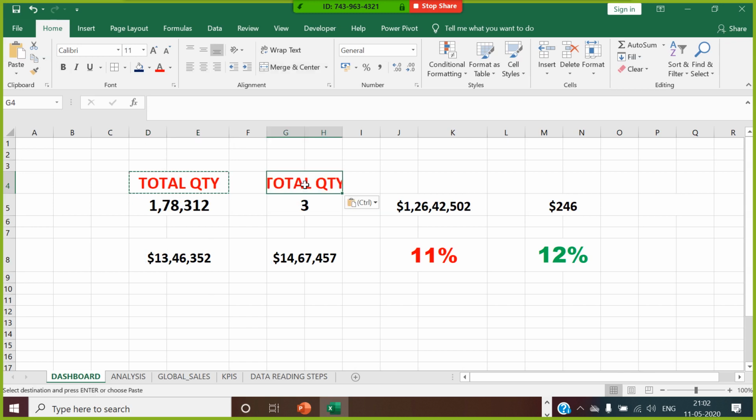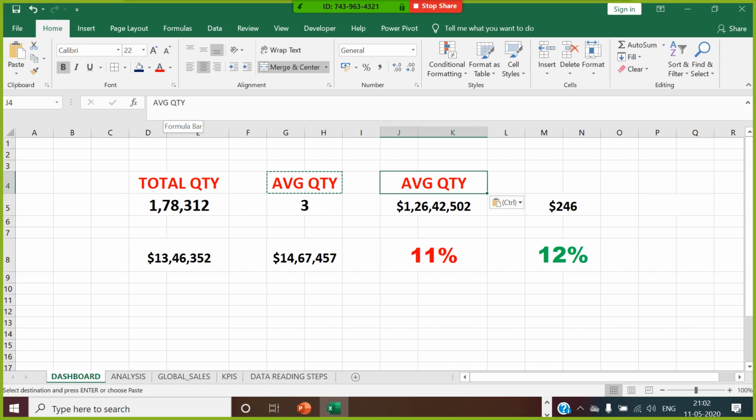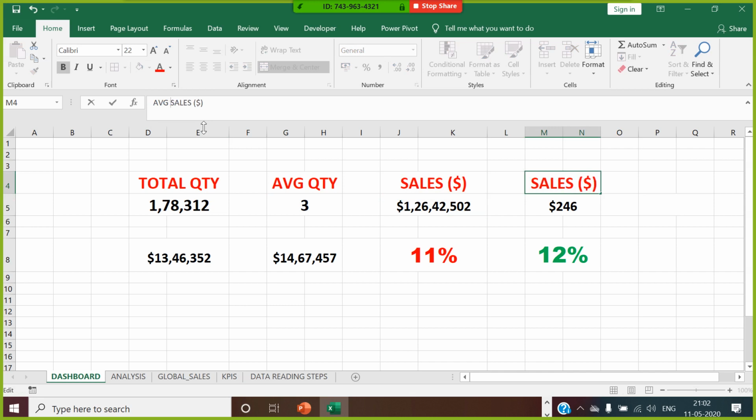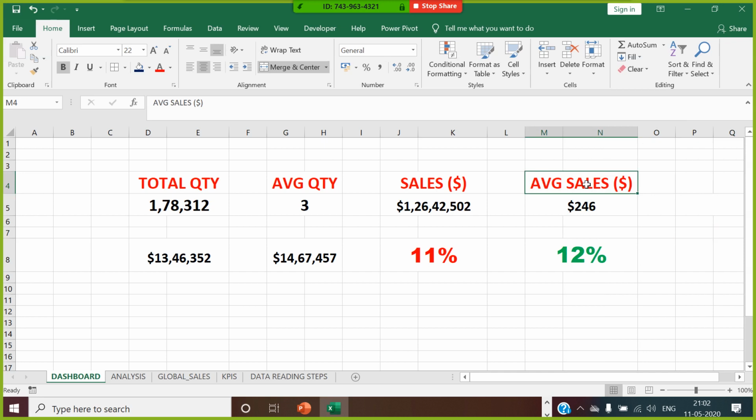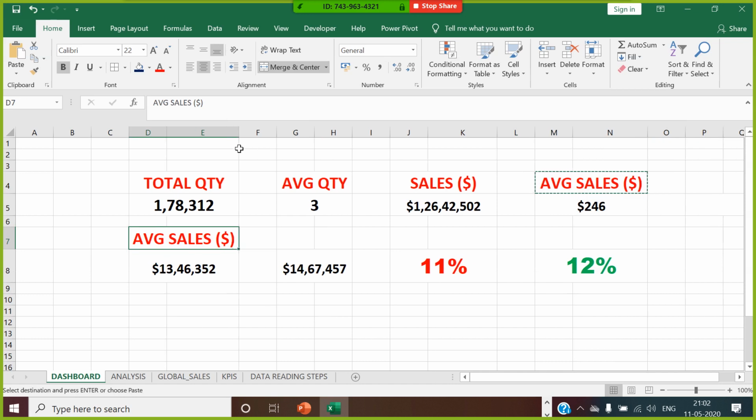same thing you applied over here, which is called average quantity. Same thing you applied over here, which is called sales in dollar. This is called average sales in dollar. Patience, patience. This is called